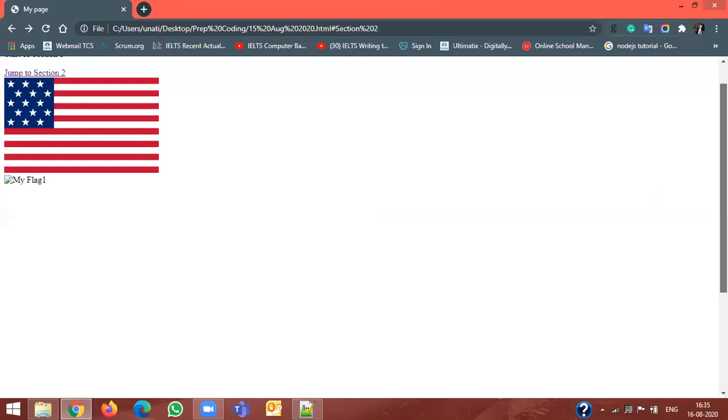Okay, so sometimes what happens is you give a wrong image path or the image does not load. But you still want to display text to the user. Your text, my flag, which was there, is still being displayed. I hope you guys are getting me. This is just to make sure that the end user is still able to understand what you're trying to say.